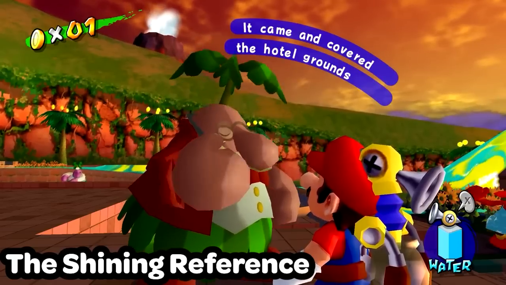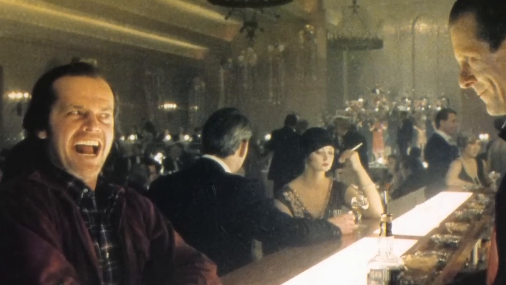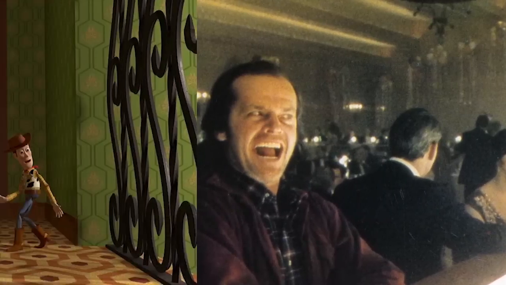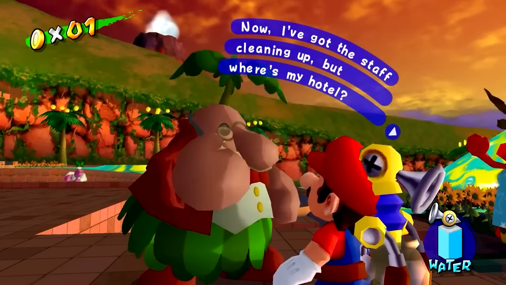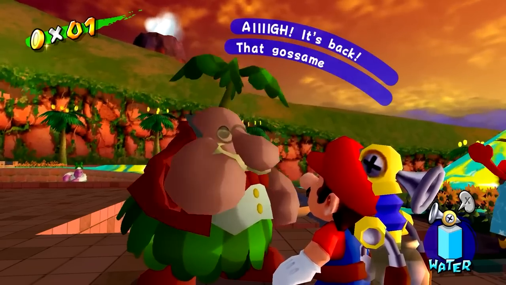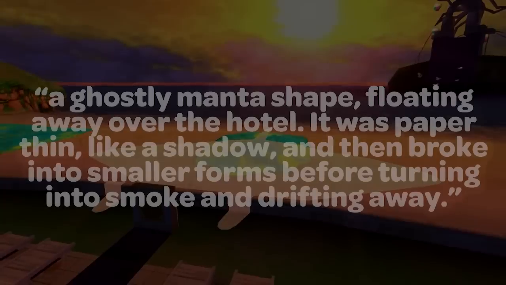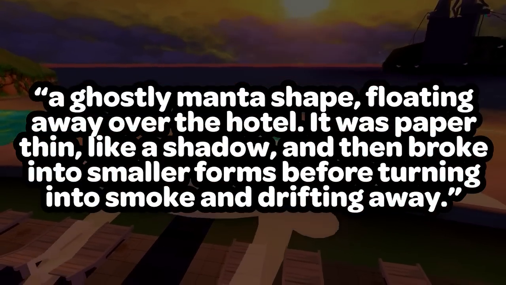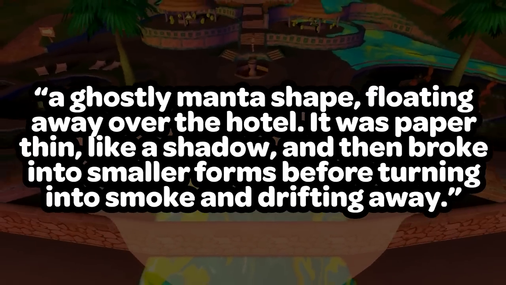The Shining reference. The Shining is a great horror story that was made into a pretty great horror film. It became a classic pretty quickly and was referenced to hell and back in Hollywood. Apparently its reach even made its way to Nintendo's doorstep, as there is a pretty big reference to an excerpt from the book. In the book, a ghostly apparition is described as a manta ray, a ghostly manta shape floating away from the hotel. It was paper thin like a shadow, and then broke into smaller forms before turning into